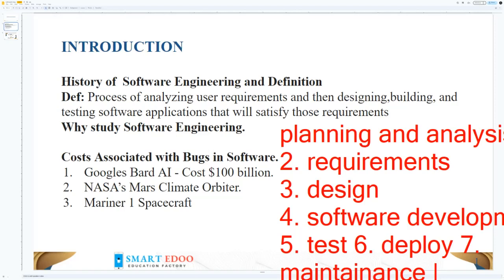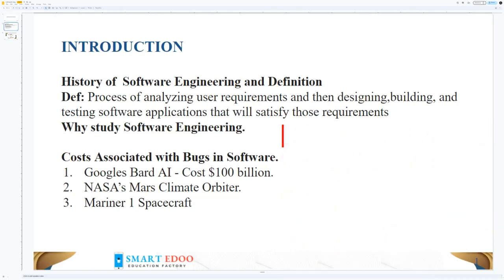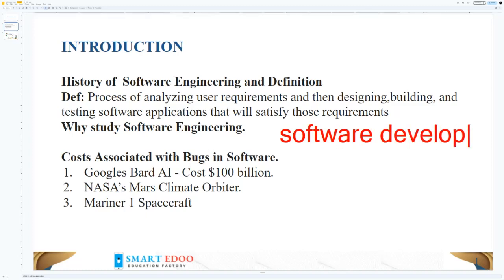You will look at them in this course in more detail. You will see how these come into being. What I won't be looking at in this course is software development, as this is a specific field.